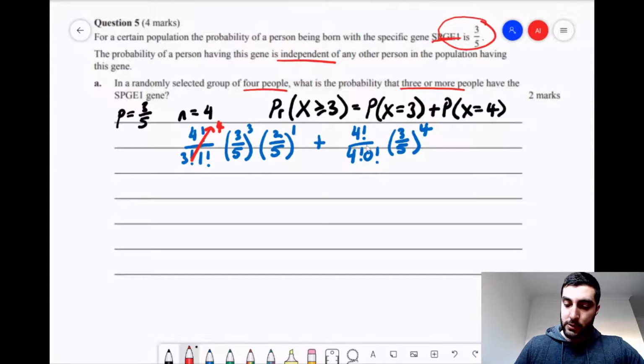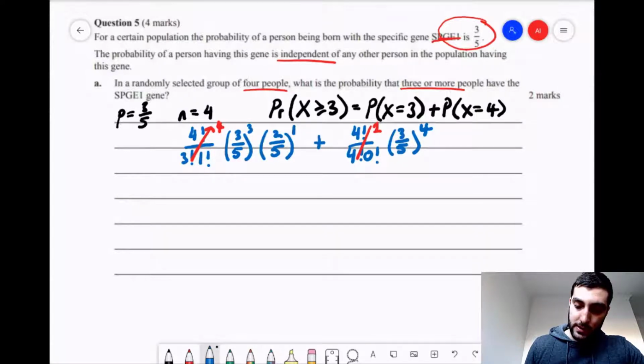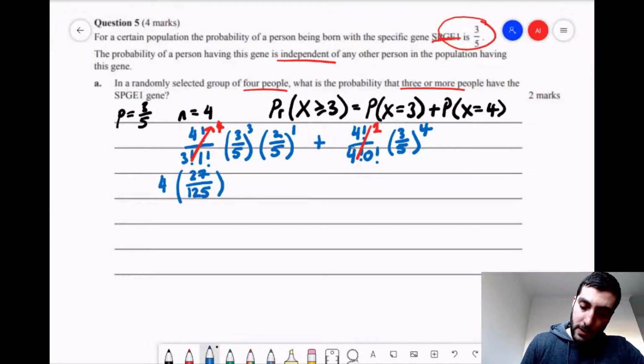And 0 factorial, well, is 1. So we've got 4 factorial divided by 4 factorial. So this just disappears and becomes 1. So in terms of finishing off the math side of things there, we're going to have 4 times 3 cubed. 3 cubed is 27 over 5 cubed, which is 125, times 2 over 5,